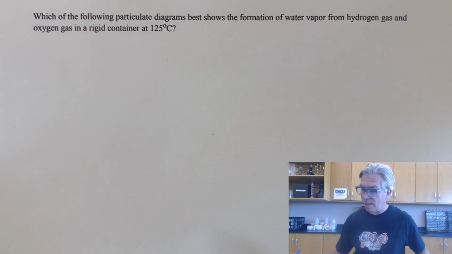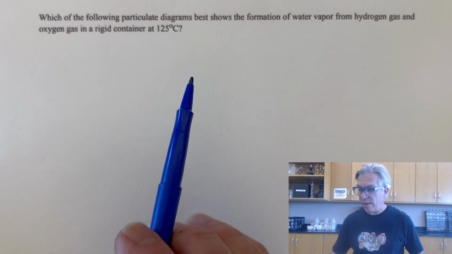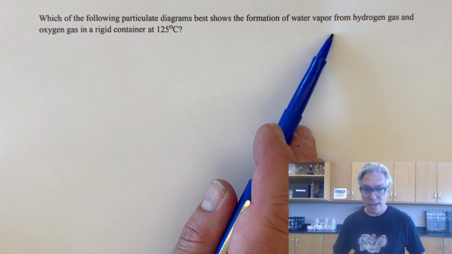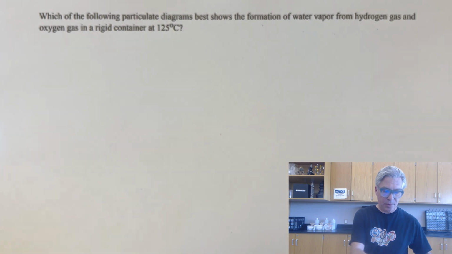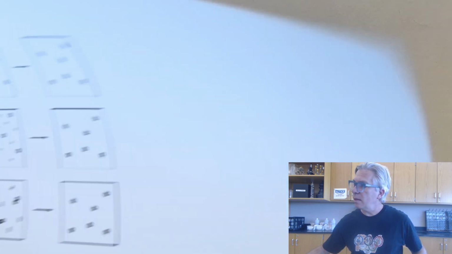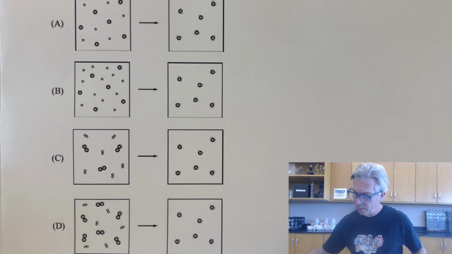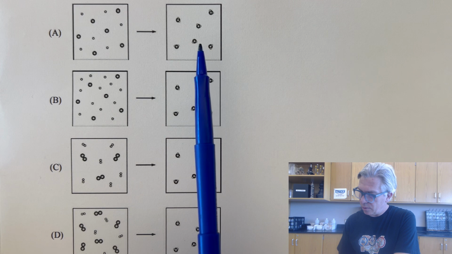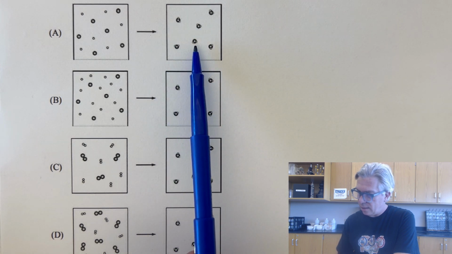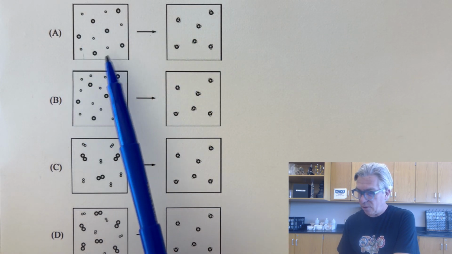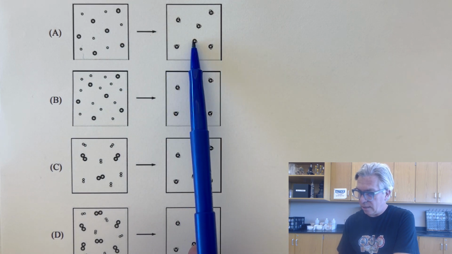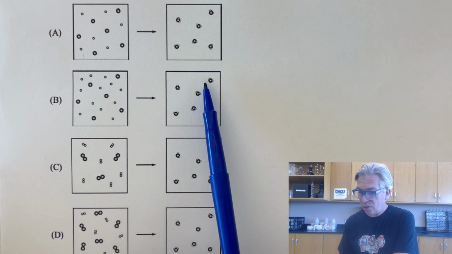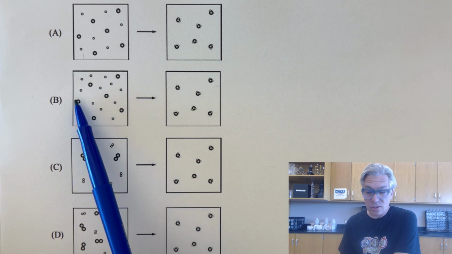Which of the following particulate diagrams best shows the formation of water vapor from hydrogen gas and oxygen gas? So forming water from oxygen and hydrogen. Here are our 4 choices, and we'll scoot them on there. All right, so we're forming water molecules. So here we have 6 water molecules, and I have 6 oxygens and 6 hydrogens. So that's not correct because I'm going to need 12 hydrogens. Again, 6 water molecules. Great, I have 6 oxygens and 12 hydrogens, except that's not the correct answer either because